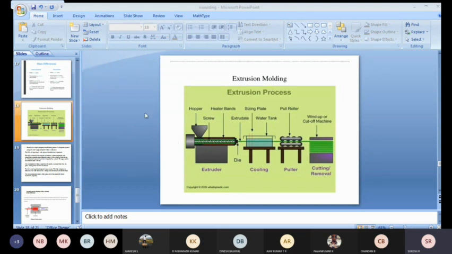Once the plastic granules have been placed inside the hopper, they move into the cylinder. Outside the cylinder, the heated beds are present, which supply the heat. Because of that heat, the plastic is melted over here. The screw arrangement pushes it through the die, and it goes to the cooling unit, which is the water tank. After that, with the help of the pull roller, it is dragged into the required shapes. After that, it is cut into the required sizes. Okay, so this is about the extrusion process.